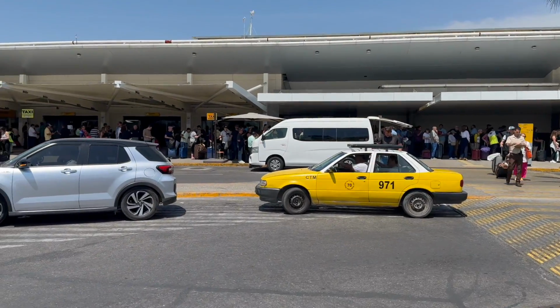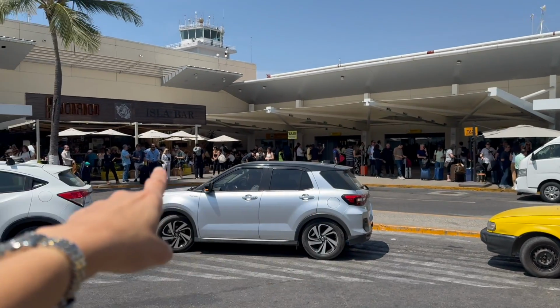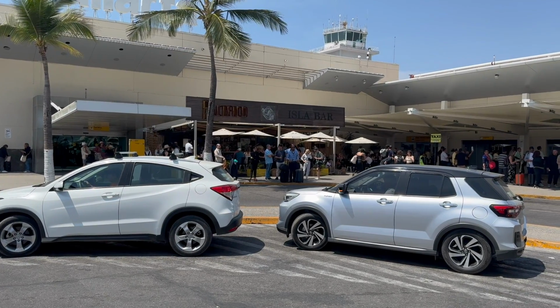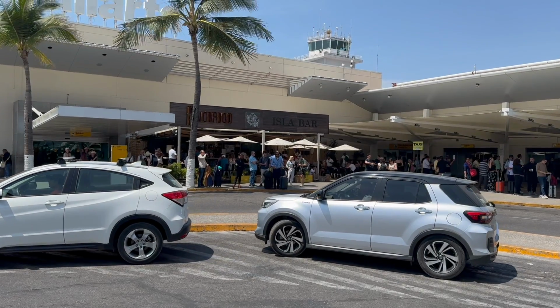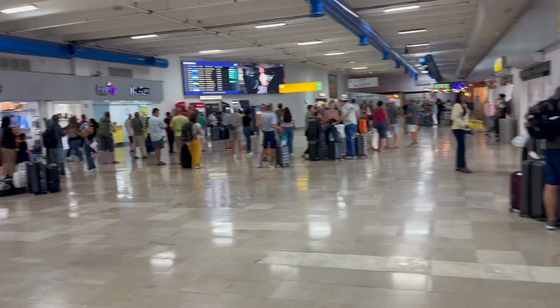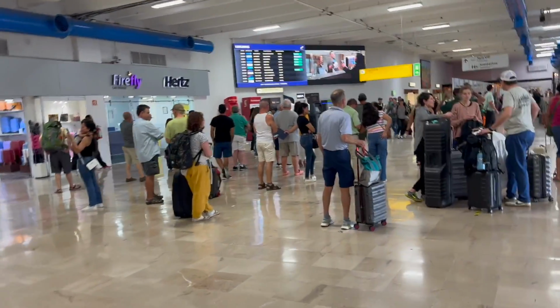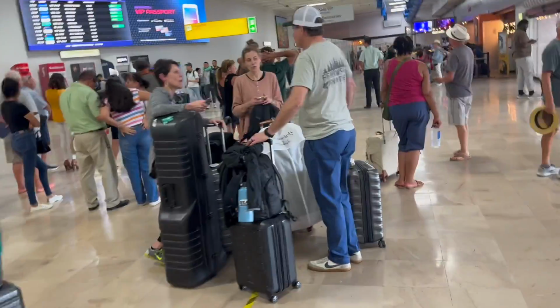Coming in from your flights, the arrivals is right out that door, right next to the Pacifico Isla Bar, which, by the way, if you have to wait for somebody for an hour or two, is not a bad place to have a seat and have a drink and wait for them to come out of the airport. This is where the arrivals are. So if you have somebody meeting you at the airport in the arrival section,